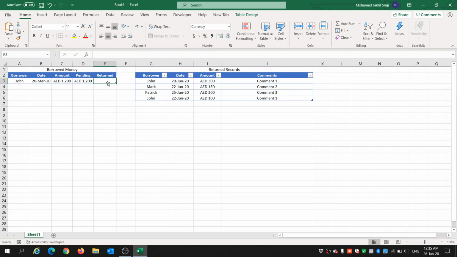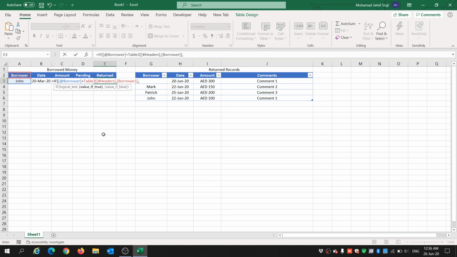So what I'm going to write here is the formula, checking where John is in this table, how many times it's recorded, and looking at the amount, calculating all of them, giving me the total, and returning it here. So we would say equal IF, and I will say if John equal to borrower, comma, all right, and inside the IF formula, I will say SUMIF,